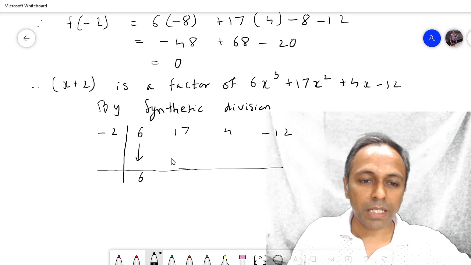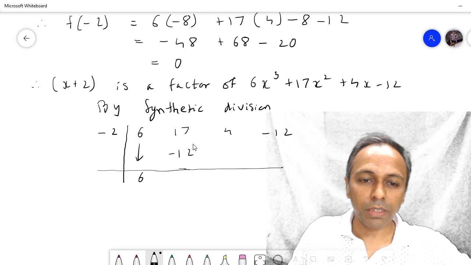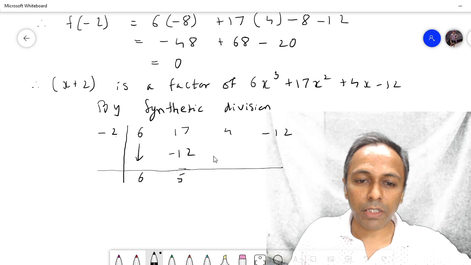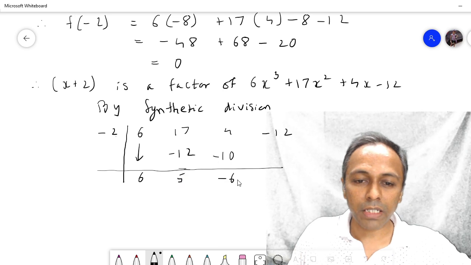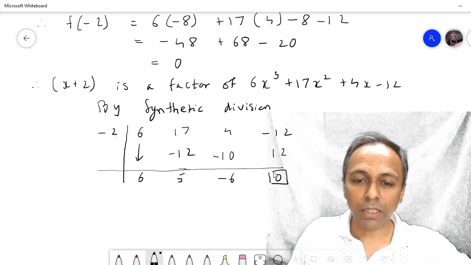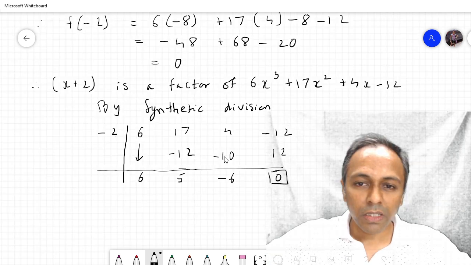We can drop this number as it is. 6 into -2, -12 होगा. Add 17 and -12, it becomes 5. Multiply 5 with -2, -10. Add it, -6. Multiply it, 12. Remainder as expected is 0. Therefore